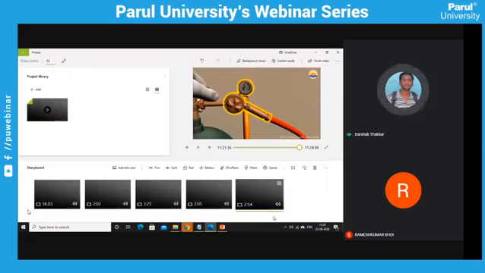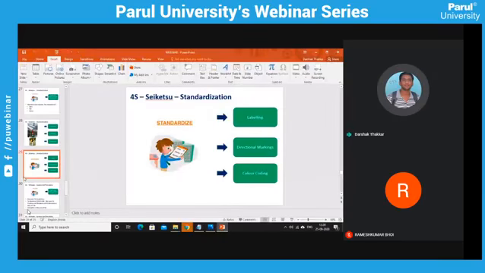Right. So after seeing this video, we can understand the importance of labeling and the importance of visual management, right? After implementing these 4S: sort means remove the unnecessary items from our work area. Second, set in order, which means arrange our necessary items in the defined place. Third one is shine.